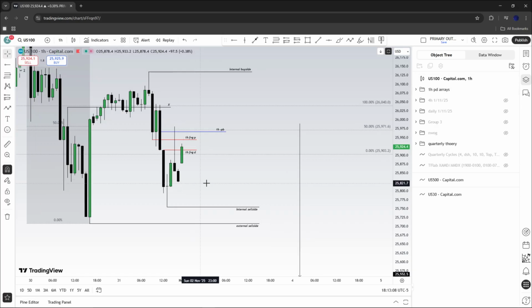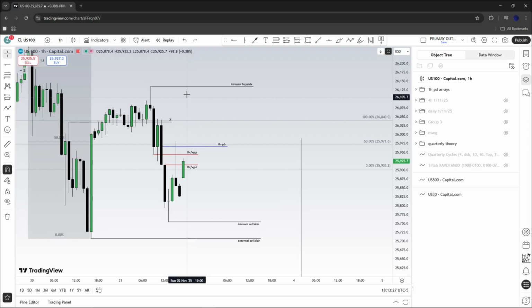We've opened up now on a bullish new week opening gap, right? It's not that big. It's about 50 points. Opened up on a bullish new week opening gap. Do we have the momentum to, or does this gap have the momentum to push price higher in order for us to seek maybe the internal buy side? I don't know. Something to pay attention to would be the time of day.